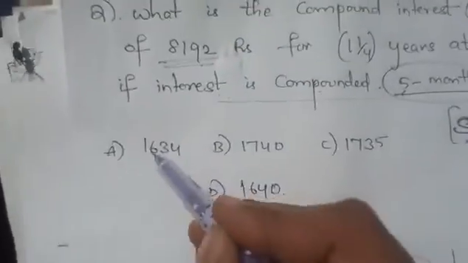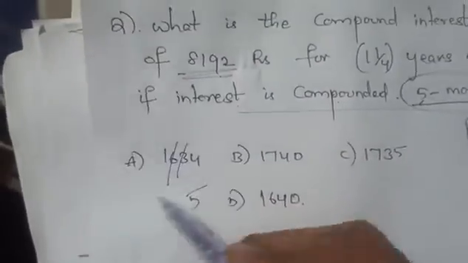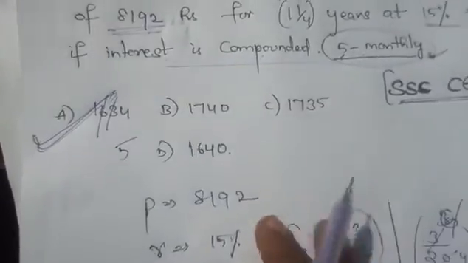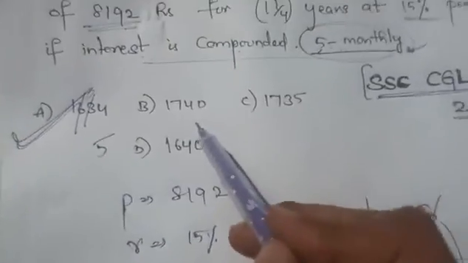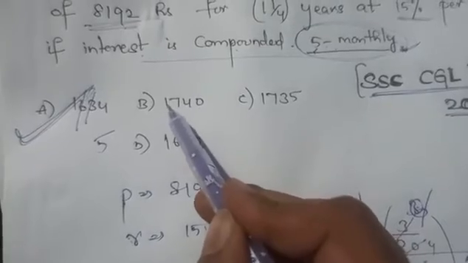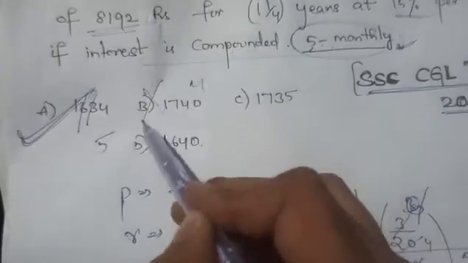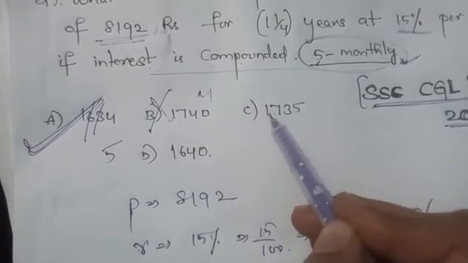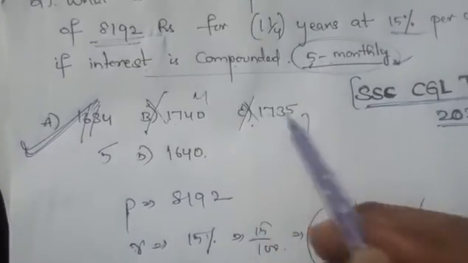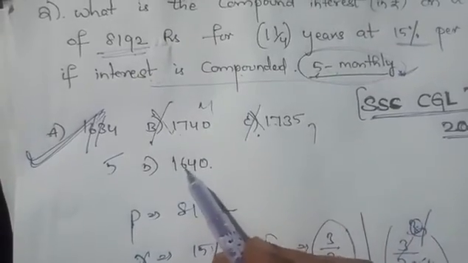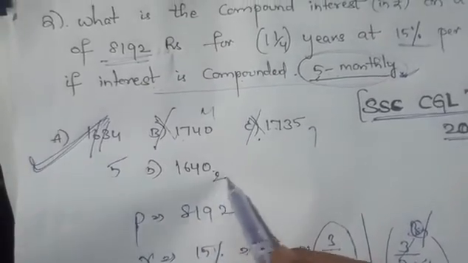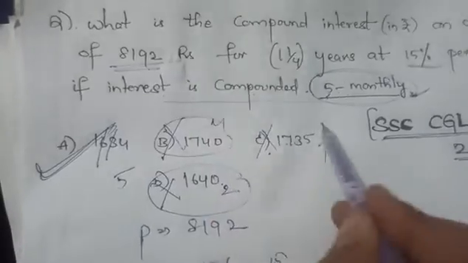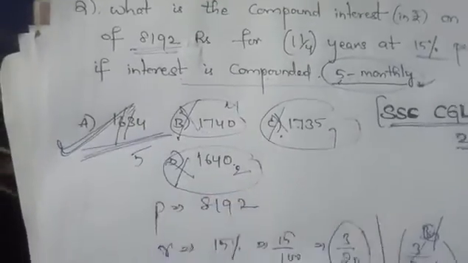Okay, I will check here. 6 3 cancelled, 1 plus 4 is 5, that's it, this is my answer. You can check the other options also. 1740, 11 plus 1 is 13, it is 4, digit sum is 4, this is not my answer. Again here 7 plus 3 is 10, 1 2 7, digit sum is 7, this is also not my answer. And 164 11, digit sum is 2. Okay, these are not my answers, this is the correct answer. You can check by your method also.